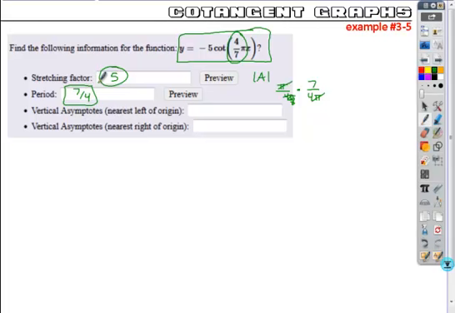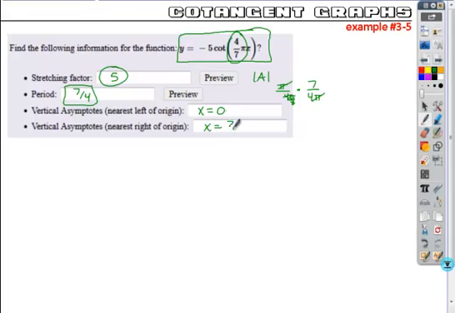Okay. And then the vertical asymptotes, if there's no shifting here, the first vertical asymptote is the origin. And then you could use the period to find the next one. Again, tangent and cotangent functions, their asymptotes are one period away from each other. So if this is the vertical asymptote that's nearest the origin, and the instructions should say at or left of the origin, okay, 0. And then the one to the right of the origin is going to be 0 plus